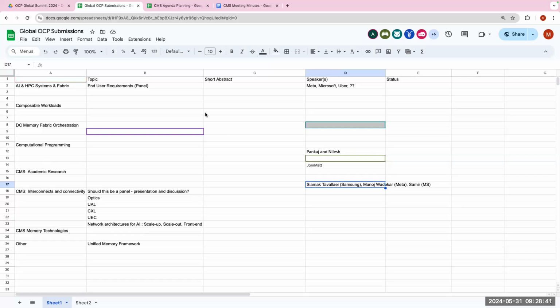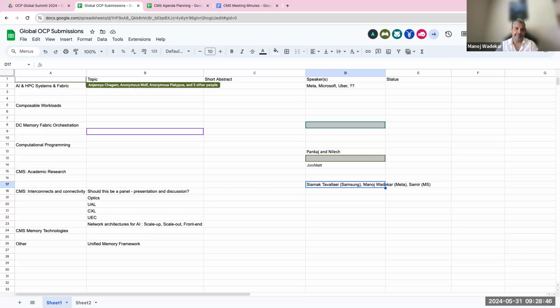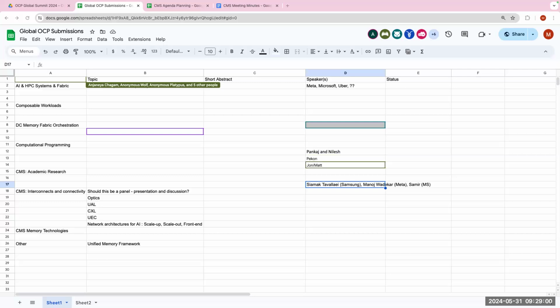There is an element of marketing and, in general, during the review process, it does come up saying, how is it relevant to OCP? We should be able to clearly articulate that, especially for the folks who are actually reviewing the abstracts and approving them. To that extent, it will benefit, just to say it makes sense.